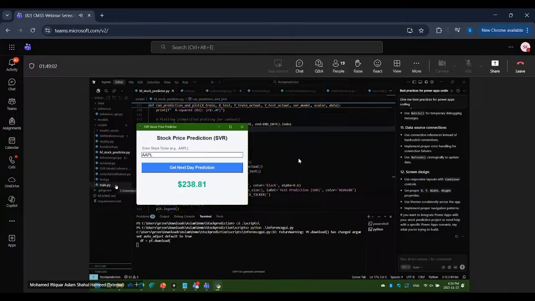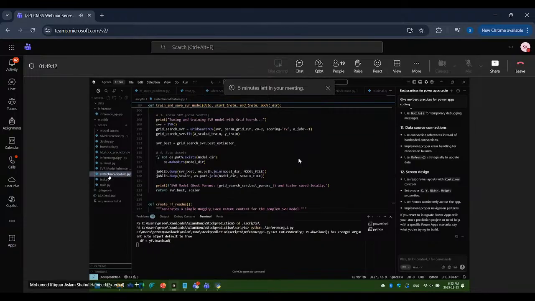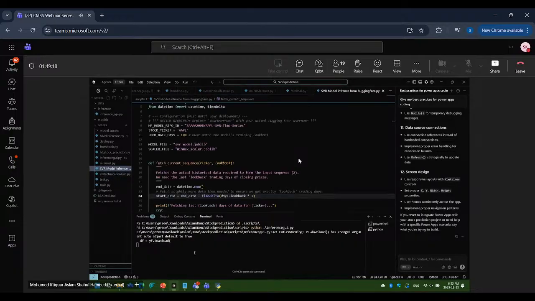But I have another thing. This is another inference, an SVR model inference that I have written.